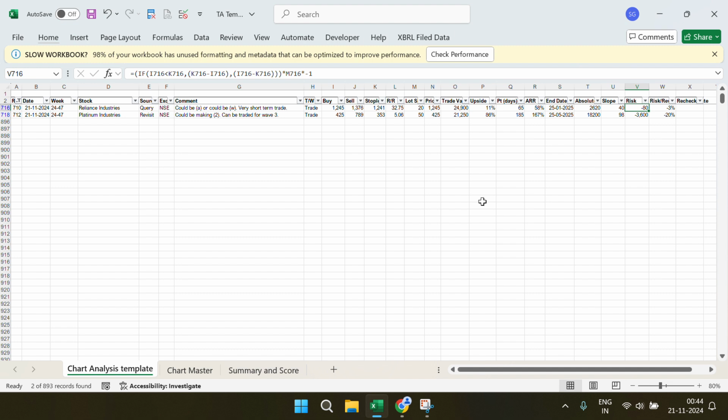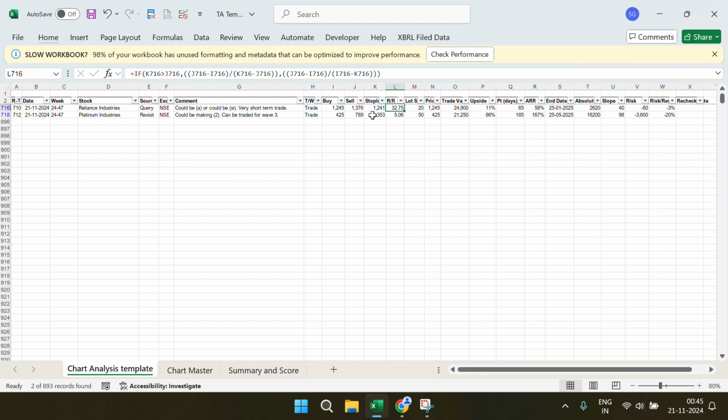And my stop loss, or the money that I'm going to lose if this stop loss is hit, is 3% of the total profit that I may get if the trade goes right. Okay, established. This is what this entire analysis says. Analysis says that I have a buy price of this, sell price of this, stop loss I'm putting at this,